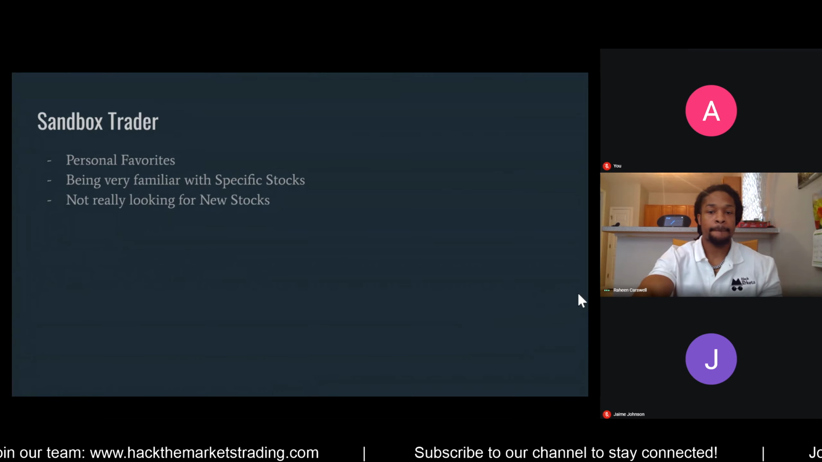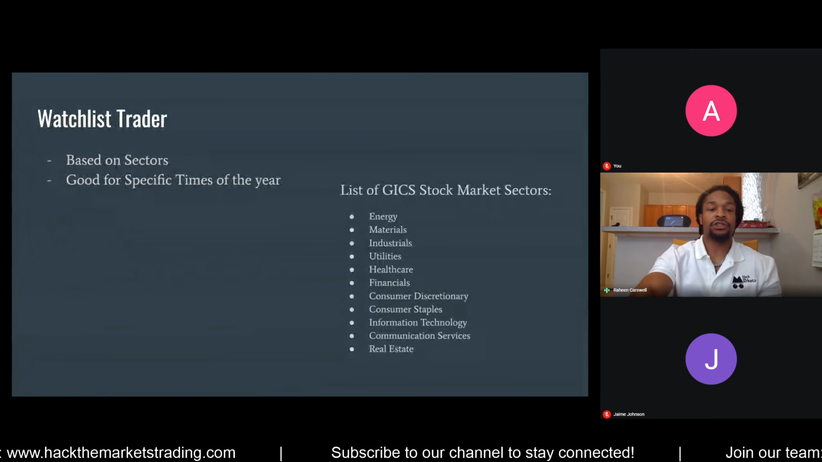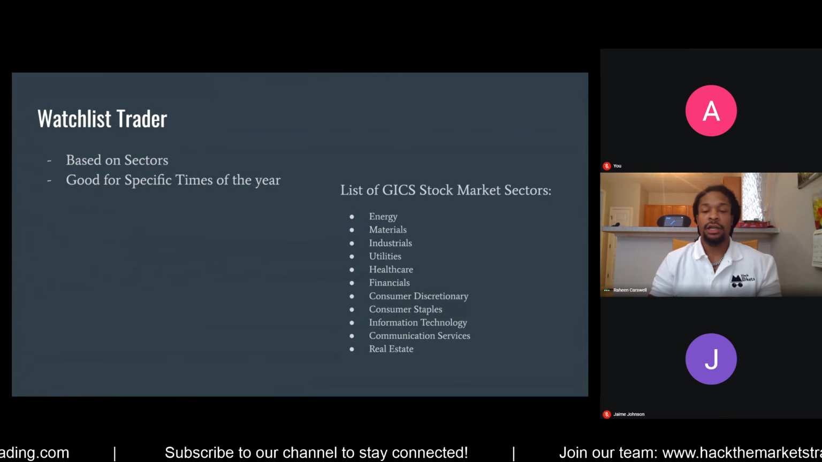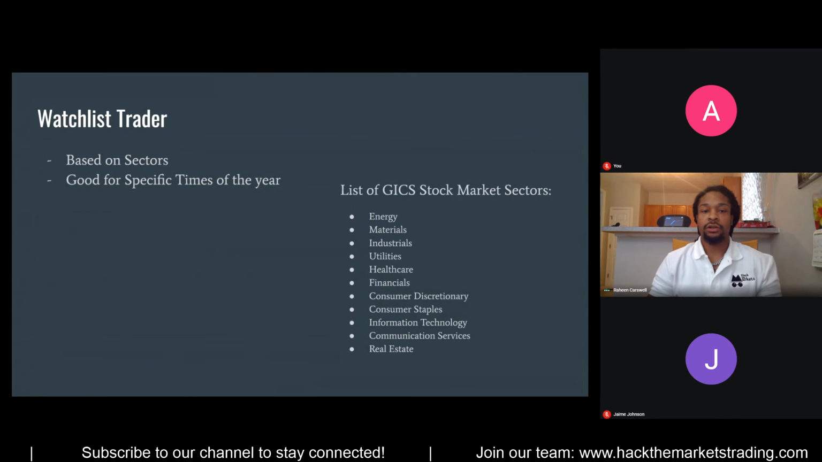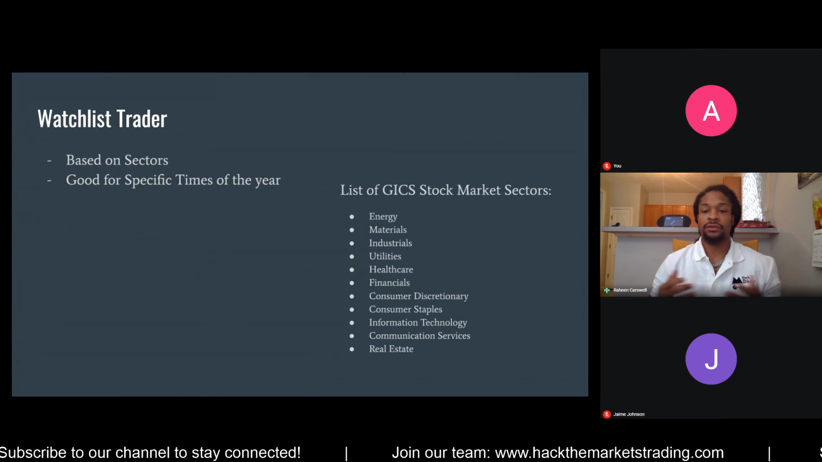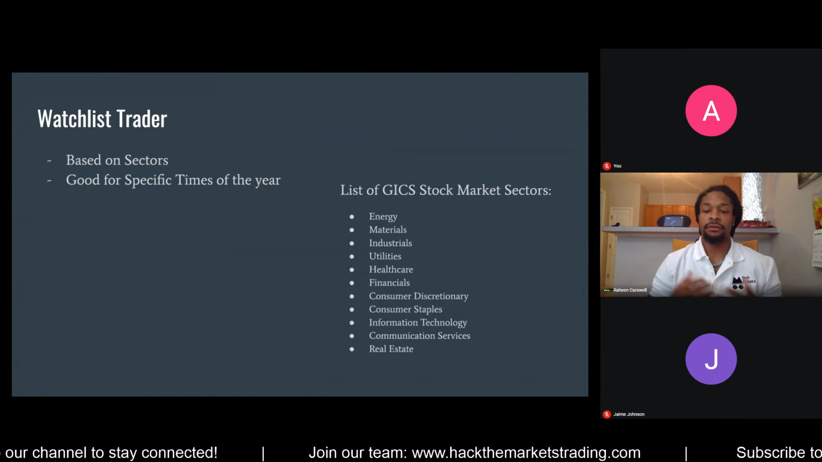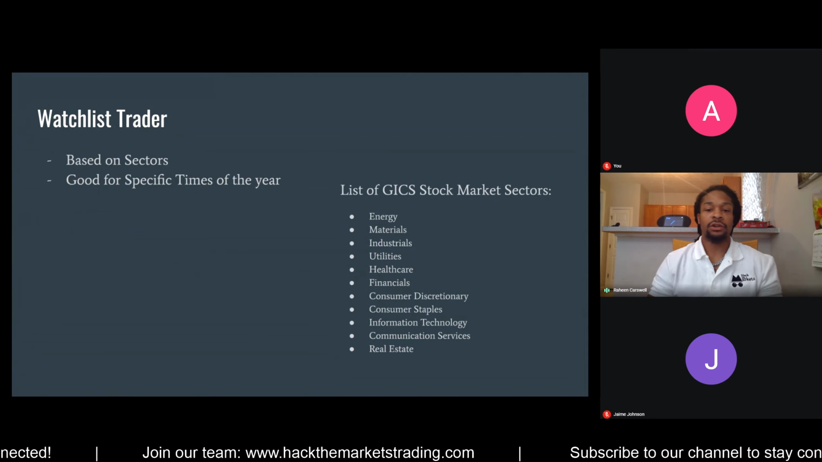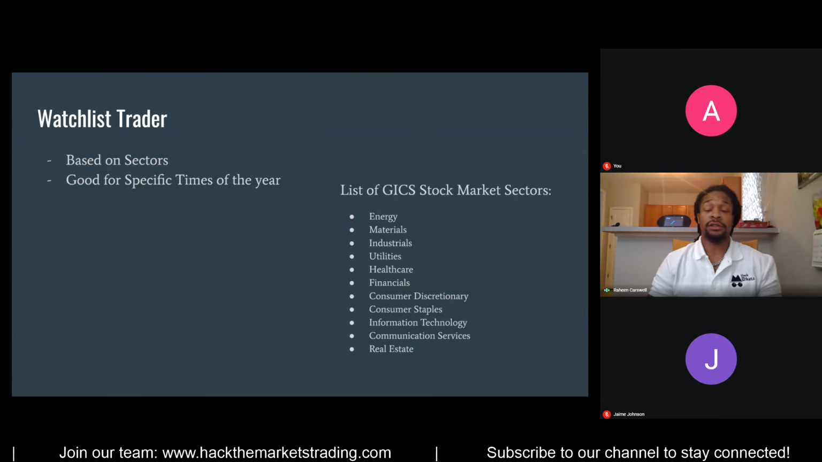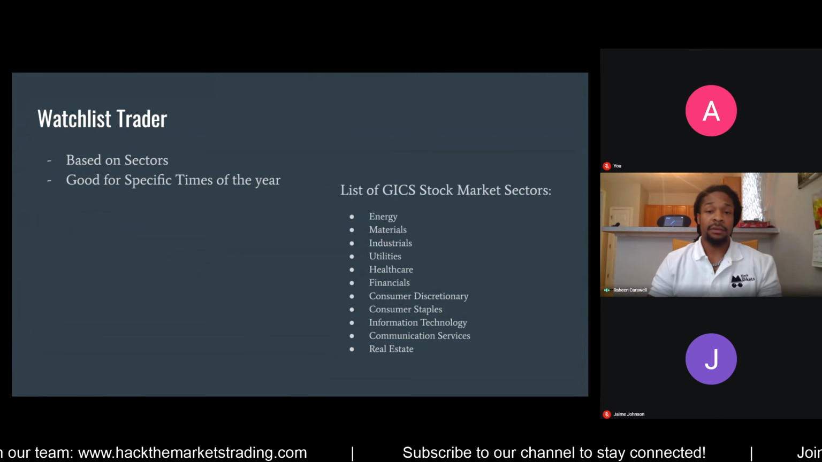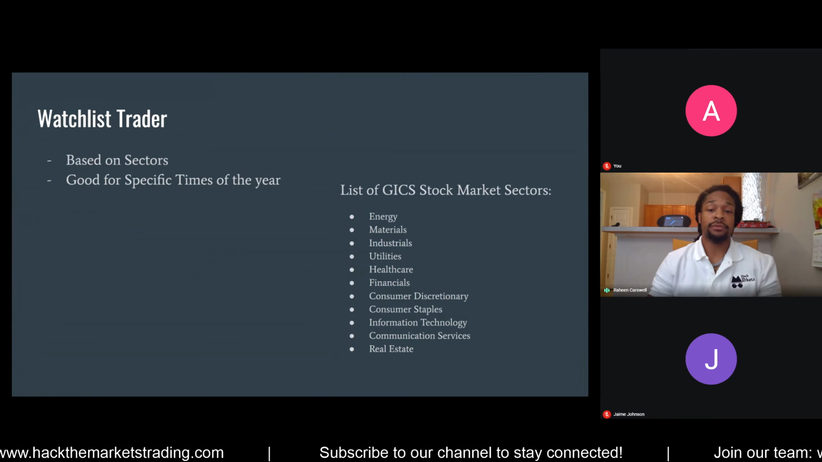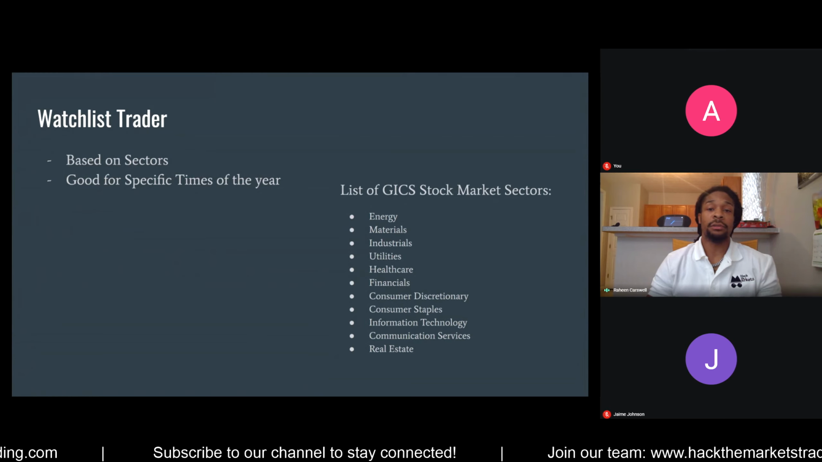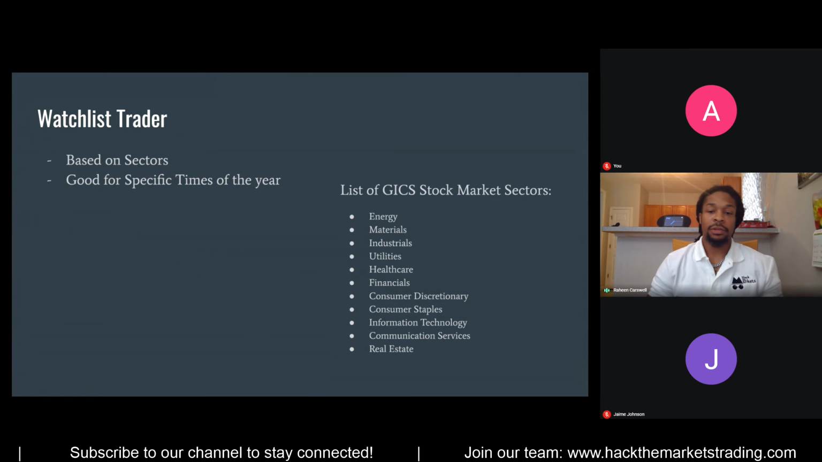So the watch list trader. This is another way to kind of pick your stocks on that you plan on trading. And this is based on the sector. So, you know, you have different stocks. For example, you have the real estate stocks, energy, industrials, and based on what time of the year it is, some of these stocks can sometimes lag behind or actually be out in front. This is something that we actually share in a lot of our courses on the best time to play certain